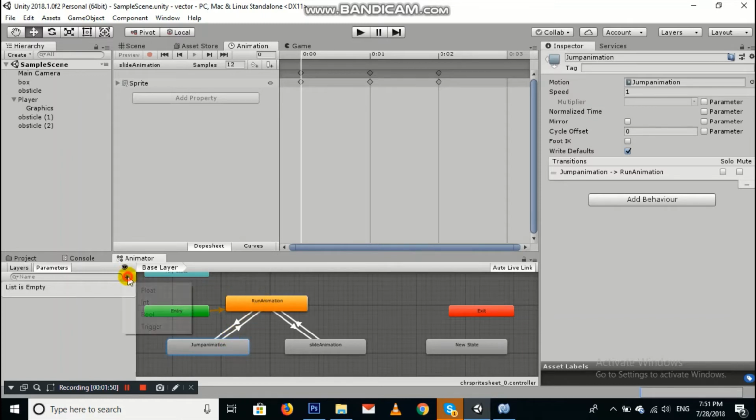Now we need to create three boolean values. One, oh sorry, is running, which will always be true, and again is jumping, and the last is sliding. Okay, so